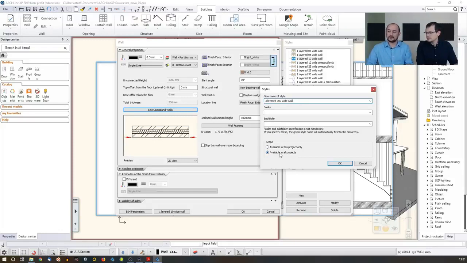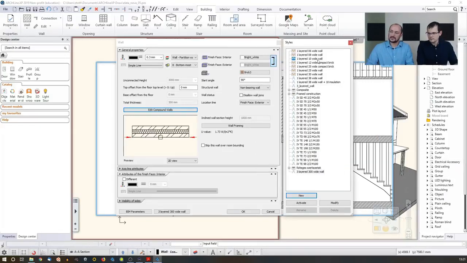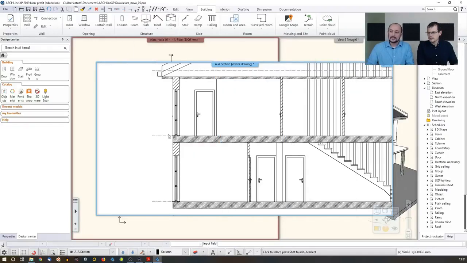and then you can decide whether this will be available for all of your projects on this computer, like it's a global setting, or you can make it project dependent, so this will only appear in this project. So I make it now global, so next time I start a new project, I will be able to find this new setting, and I will be able to work with that. So this is how you can create